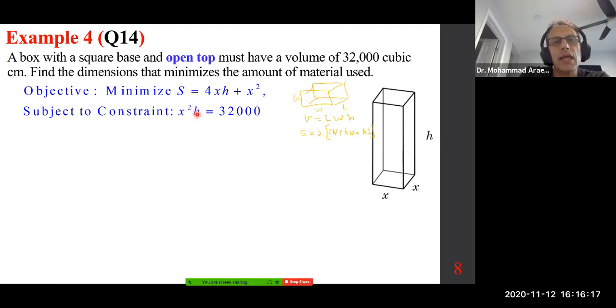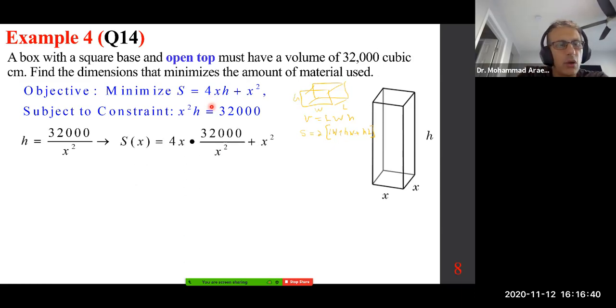Now what happens? Again, this has two variables, x and h. We don't like that. Let's solve for h in the constraint. It becomes 32,000 over x squared. Now S is a function of x and h. If we replace the h with this, it becomes a function of x only. And I hope you see that this one is 128,000